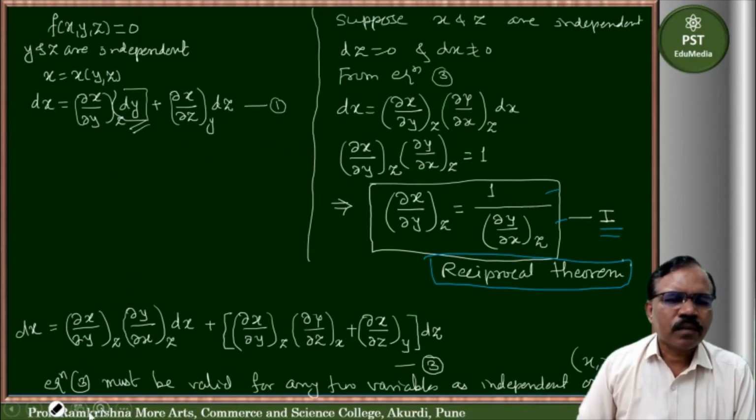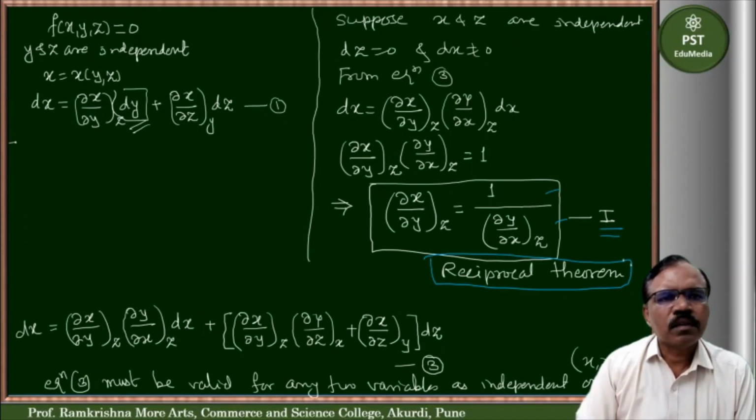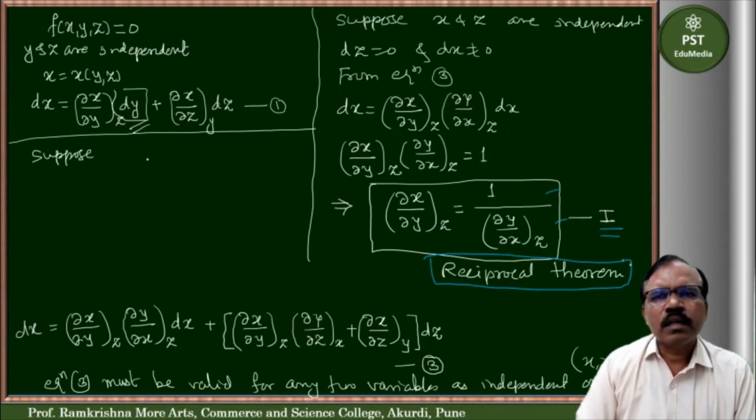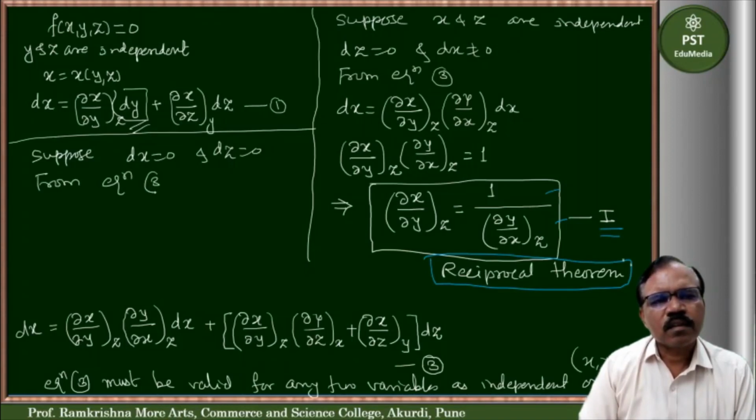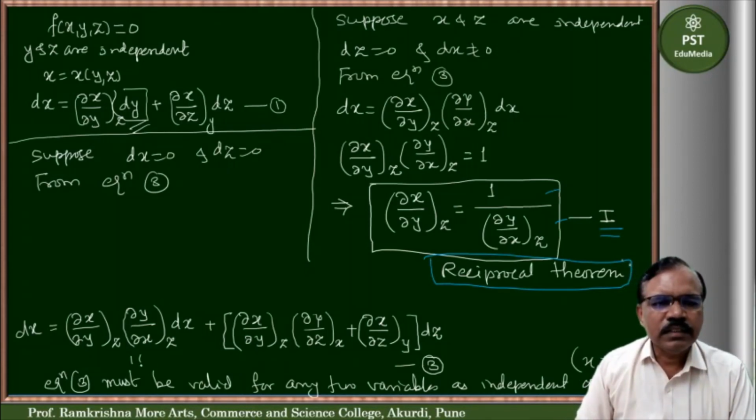So here suppose x and z are independent, and we have taken dx equal to 0 and dz non-zero. So from equation 3 we get, now, this is 0, this is 0, so I will get